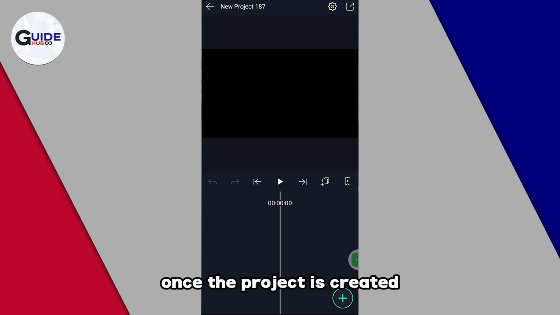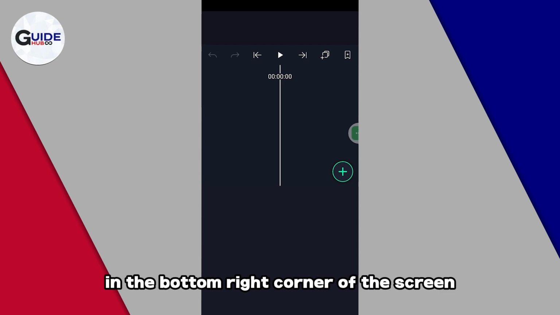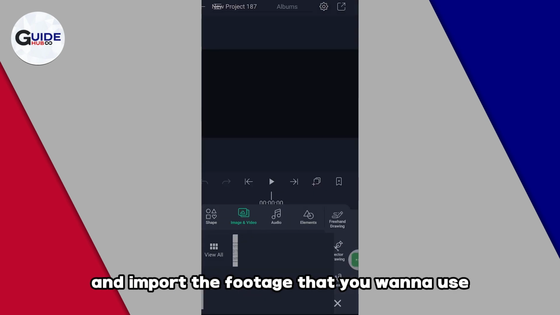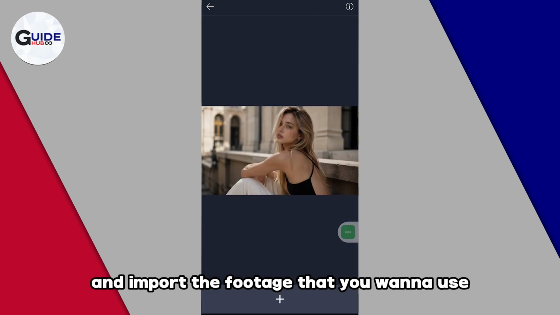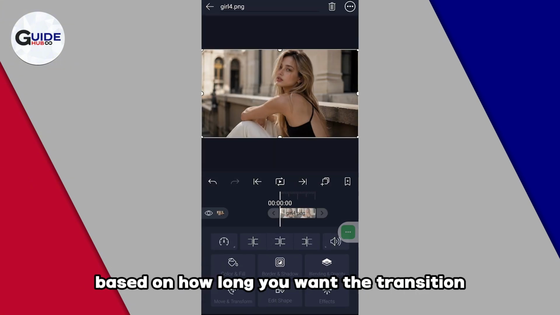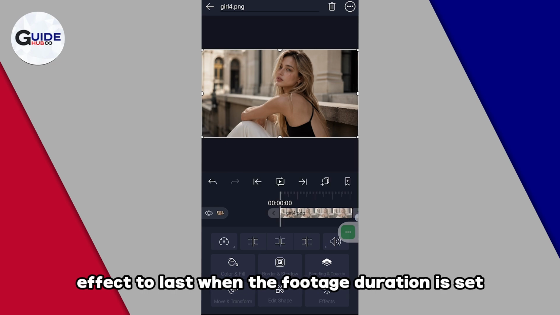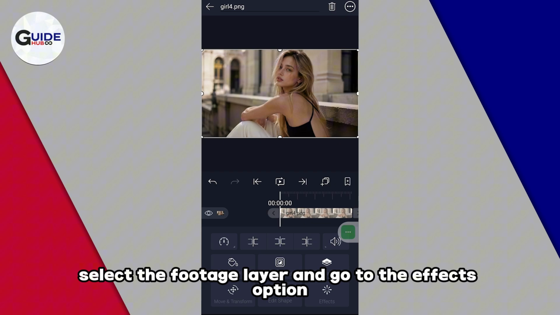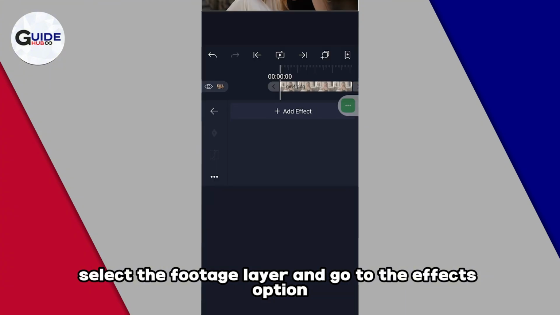Once the project is created, press the plus button in the bottom right corner of the screen and import the footage that you want to use. After adding your footage to the timeline, extend its duration based on how long you want the transition effect to last. When the footage duration is set, select the footage layer and go to the Effects option located in the